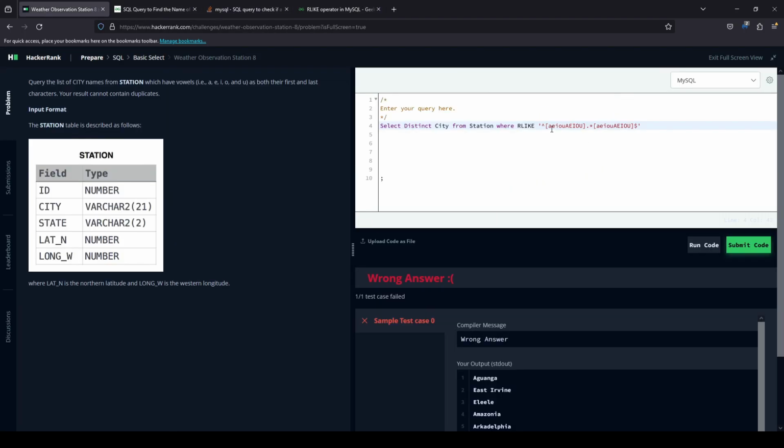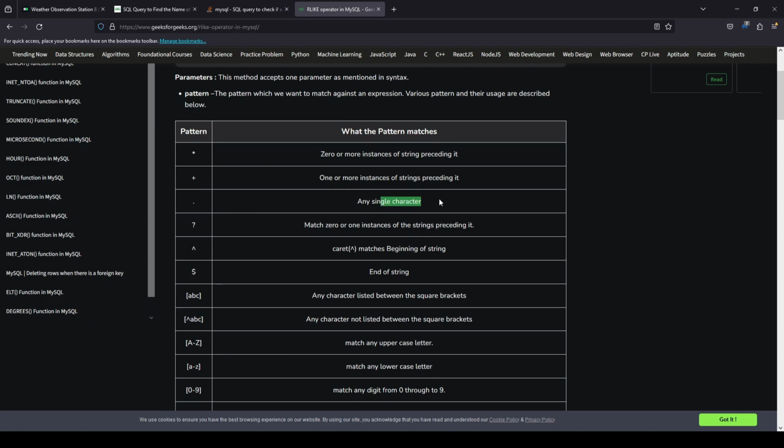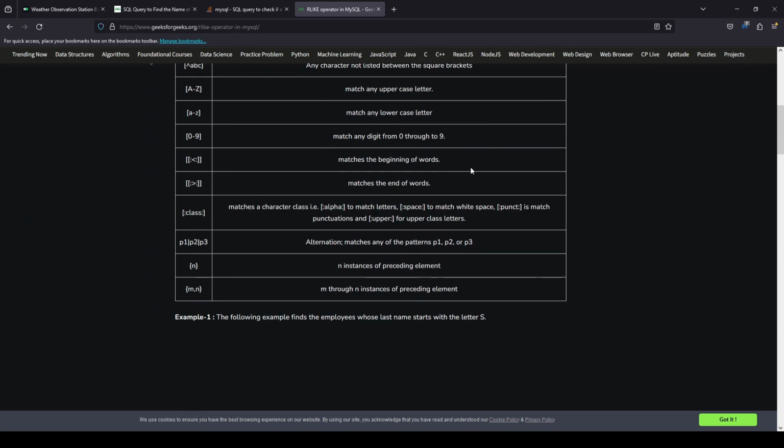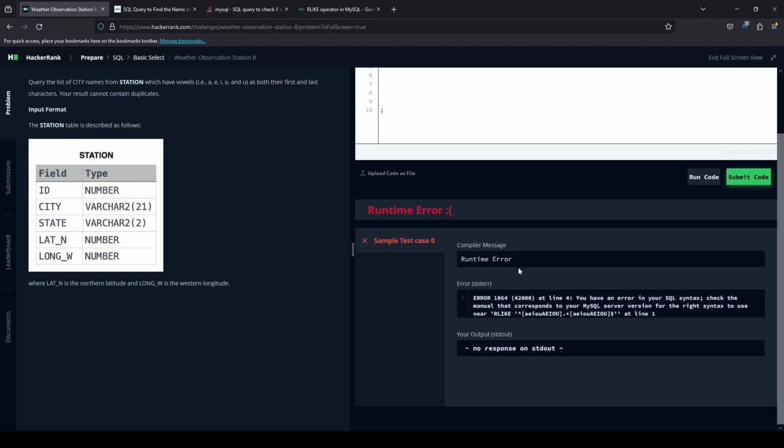So I guess you put it in there. I don't know what these mean. Any single character, zero or more instances of a string preceding it. That's just one of those things where